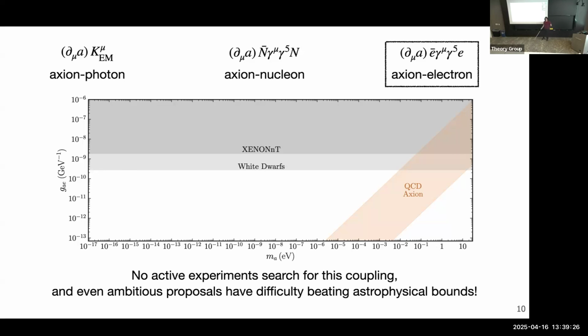If you assume you had a QCD axion or something, then these couplings have to be related to each other, and then you can say something about this one indirectly. But if you have some generic scalar or an axion-like particle where these couplings are independent, then you can't really say much from superradiance. Yeah.